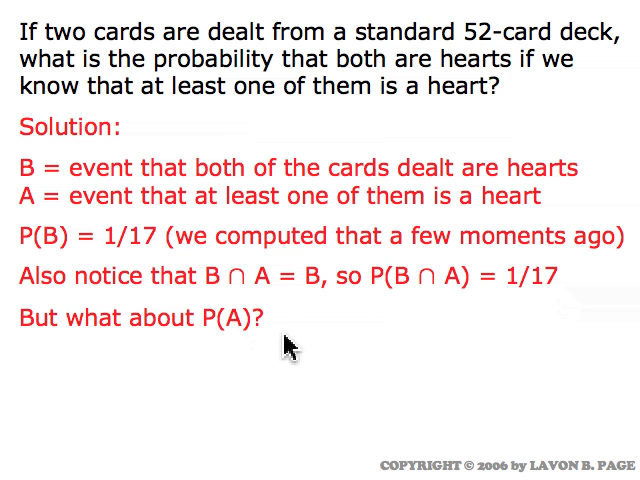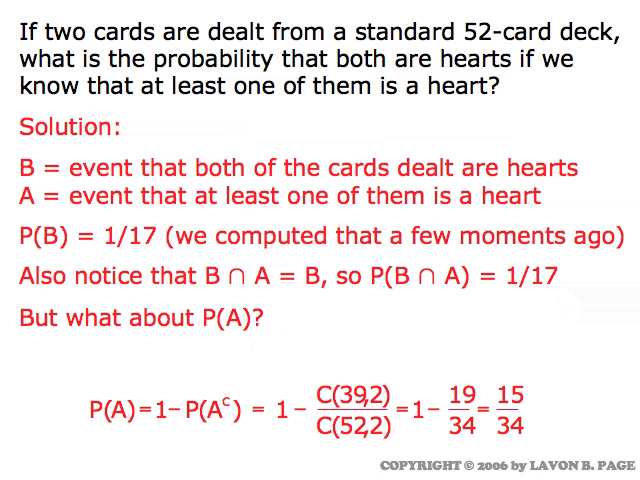But now what about the probability of A? The probability at least one of them is a heart. Let's take the backdoor approach to that. Remember, we can always calculate the probability of an event as 1 minus the probability of its complement. Why is that an attractive approach to this question? A is the cases where at least one of the cards is a heart. What would the complement of A be? It would be all the ways in which you can deal two cards in which neither one of them is a heart,